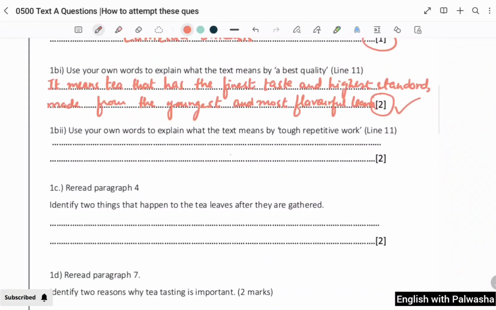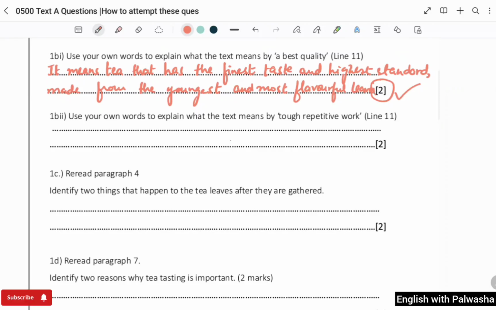Now again we have to start, because it says explain, so we have to explain, right? Okay, let me just start writing. Please write the answers and do this paper with me so as to understand how to do it. I'll start my sentence like that. It refers. You also have to start your answers. Sometimes it means, it refers, it identifies, it states, like this. It refers to